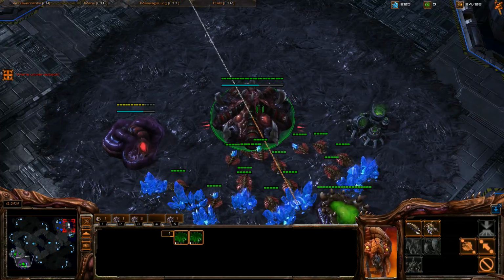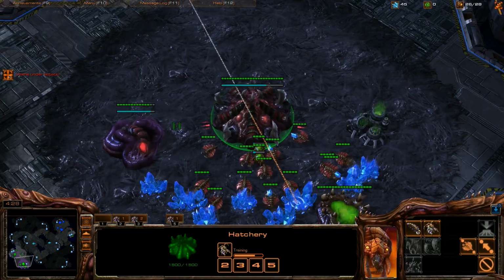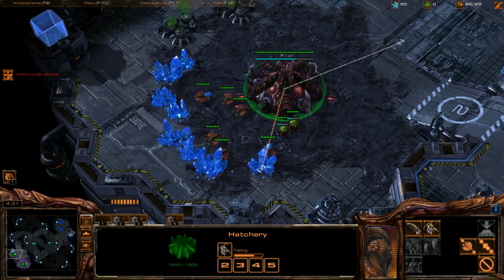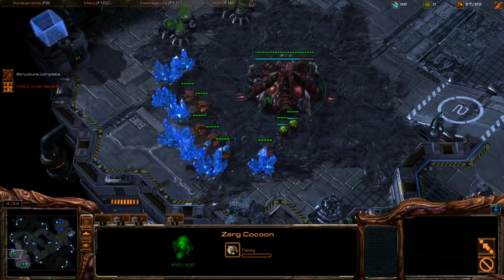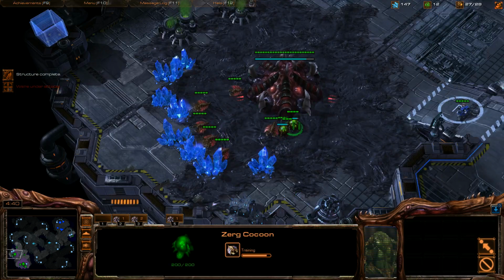I don't so care about that drone anymore. Another overlord, drones, and then we're going to get into gas, and then in a second, we're going to add on the queens first, the 4 queens like we said before. Then we'll add a spine crawler. So we know that we're approaching